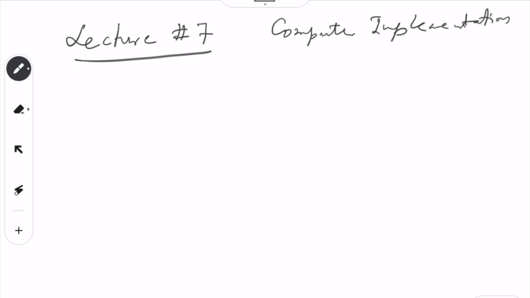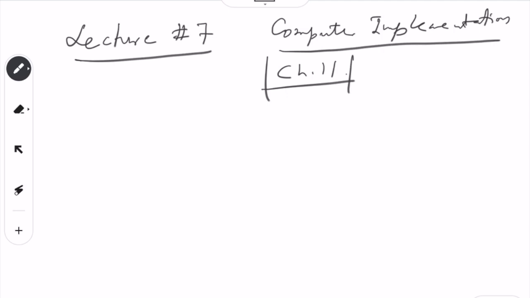This is not any chapter in your textbook. Chapter 11 is about Abaqus and all, so basically you can take it as chapter 11. Chapter 11 in your textbook talks about Abaqus, which is a finite element software. However, here I'm not going to teach anything about Abaqus, but I will send you some